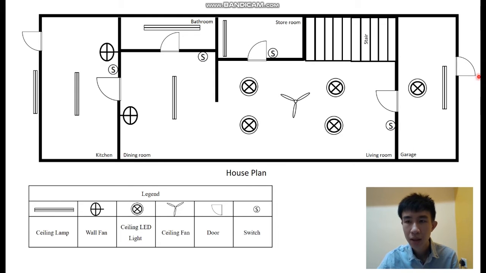So now I will present my house plan. First, this is the front door. We can enter the garage. We have here 1 ceiling lamp, 1 ceiling LED lamp,